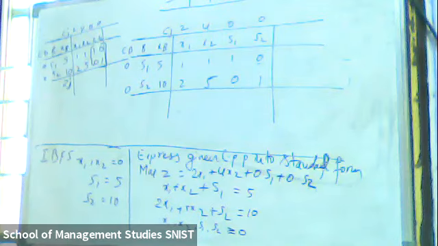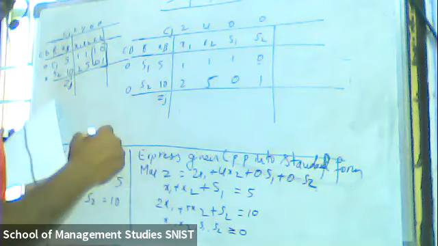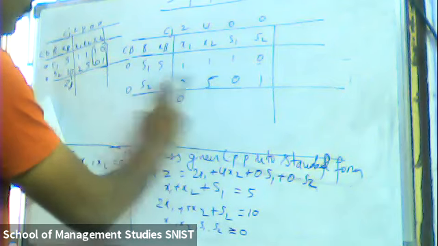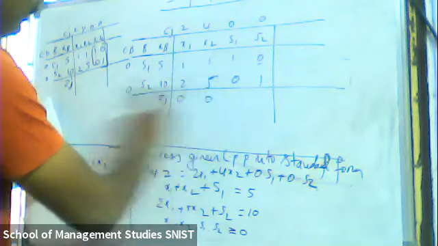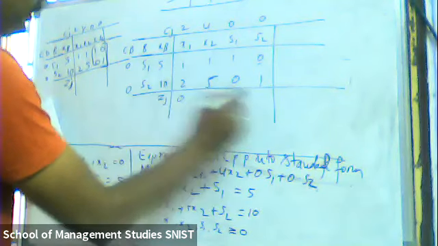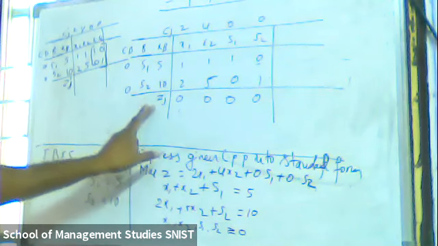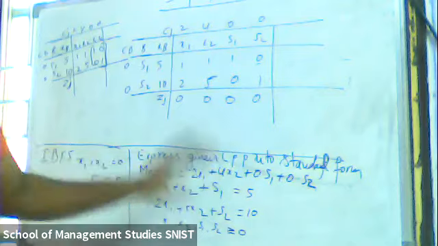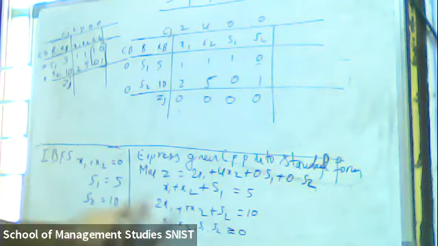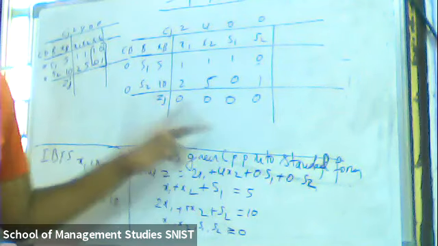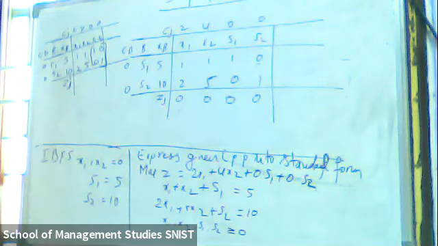Now what I'm doing here, to get the Zj value, is multiplying 1 into 0 plus 2 into 0. It becomes 0. 1 into 0 plus 5 into 0, it becomes 0. 1 into 0 plus 0 into 0, it becomes 0. 0 into 0 plus 1 into 0, it becomes 0. So always when you are making a simplex table, remember, in the first simplex table the Zj values should be 0. If you get any positive value, somewhere you did wrong. Maybe you have taken one positive value somewhere, which is why you get a positive value here. That's it. Is it clear?